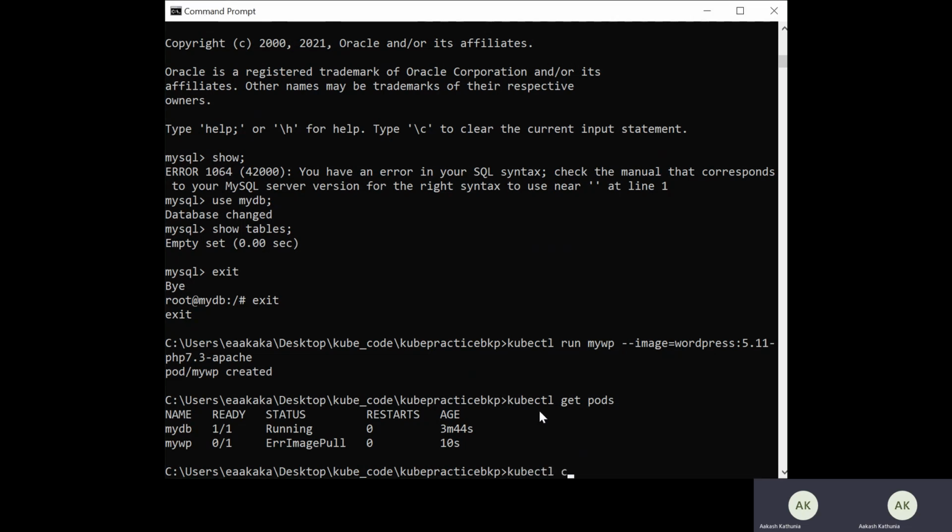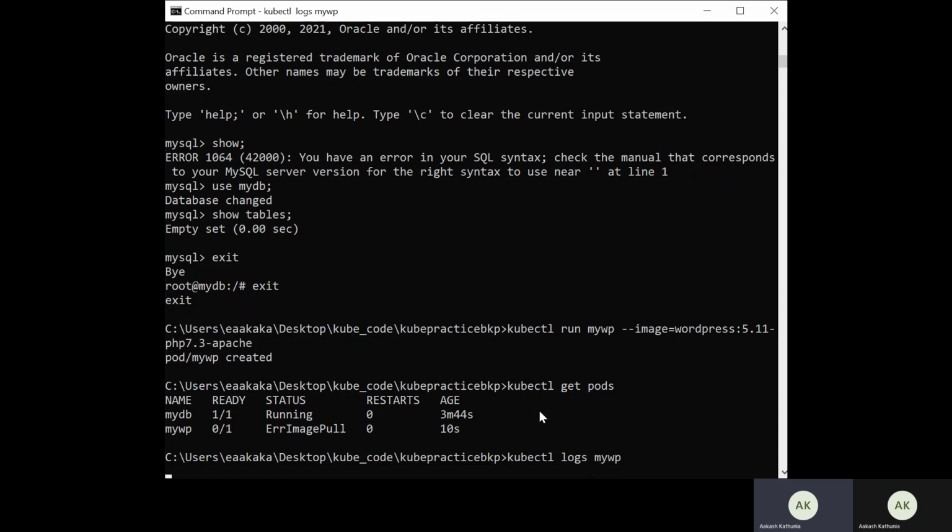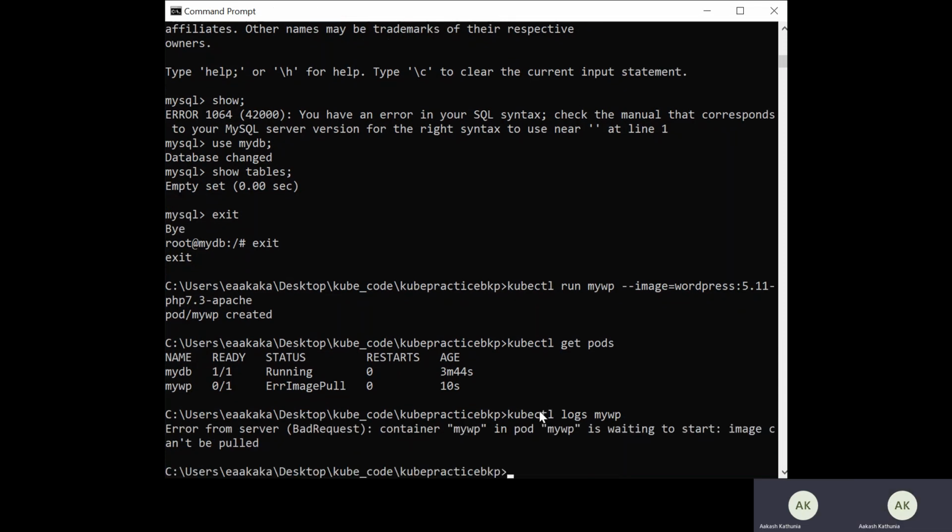We can run kubectl get log and my WordPress to check the logs, and here I can see the error from the server container: my WordPress is in port is waiting to start image contain full. So there is an issue in the image, that is clear from this log.